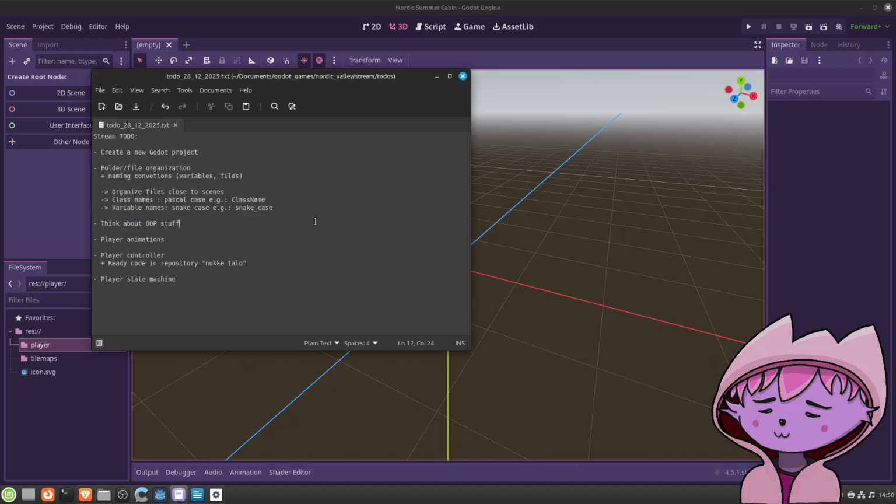Then the next step I need to think about is how to use the object-orientedness of Godot in the right way in this project.